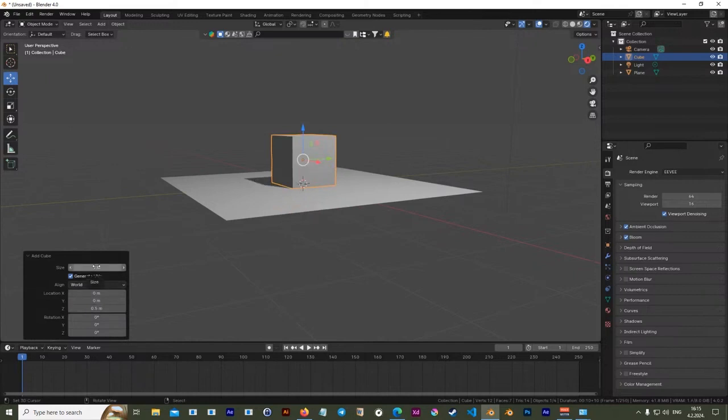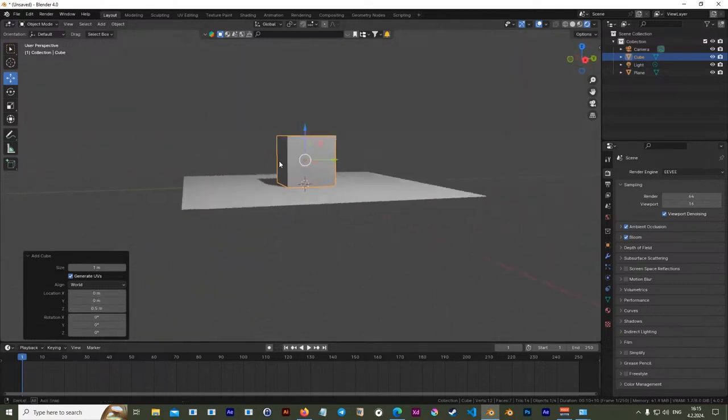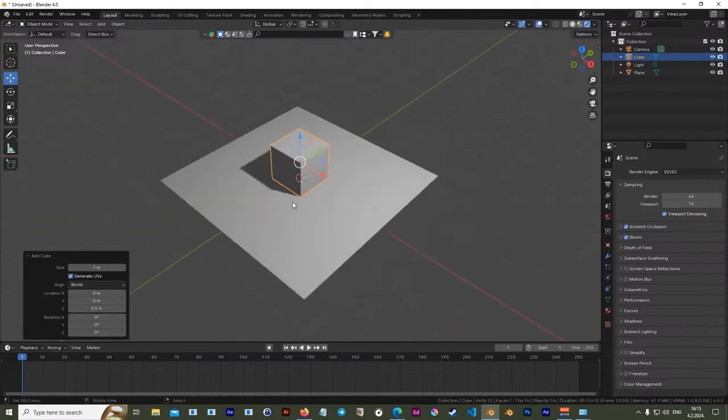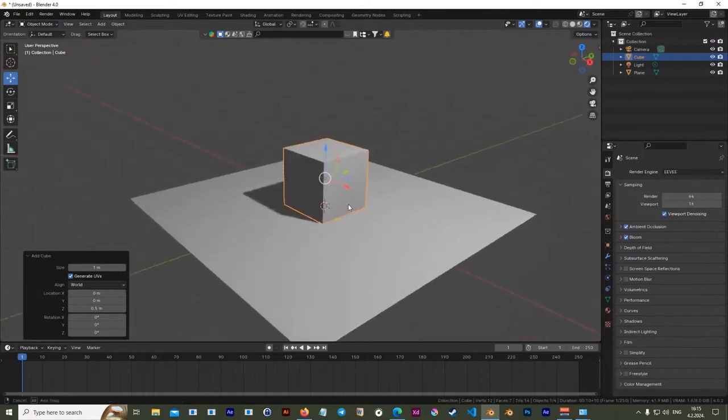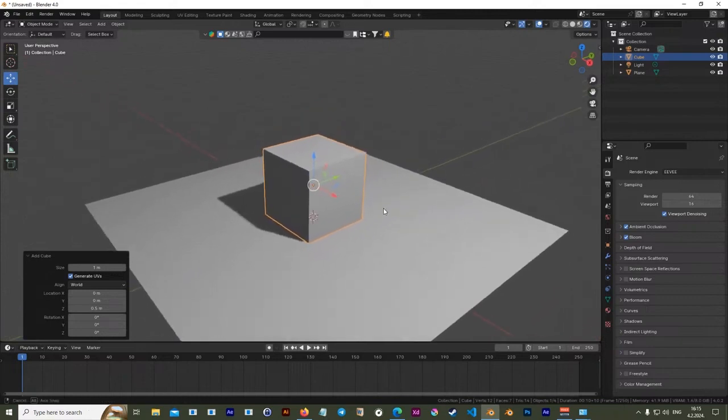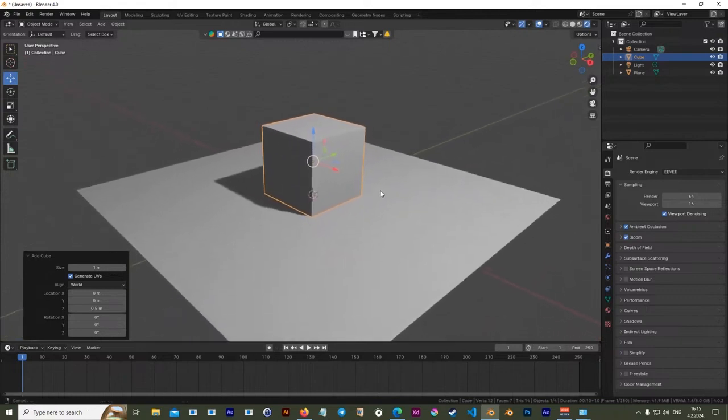It's 1 meter by 1 meter by 1 meter, so I move it on the z-axis by half a meter, and now that cube is sitting on the ground. Now, an important thing to mention, even to professionals, and I will write it to the Blender